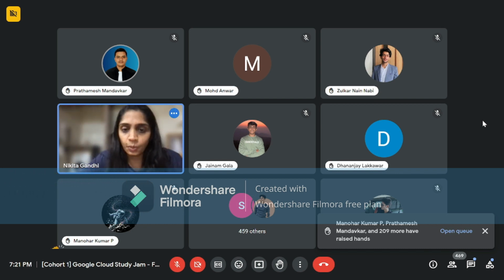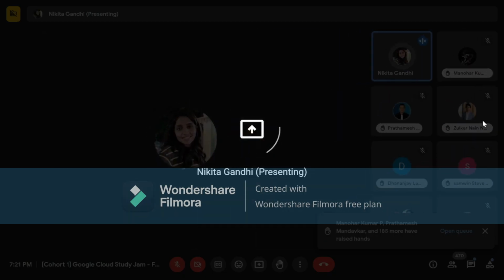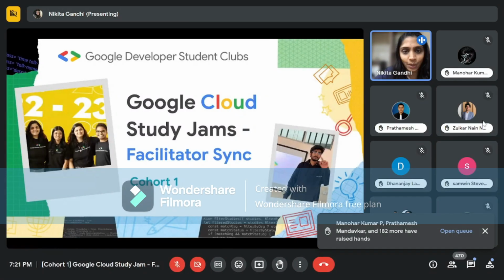So, welcome to Google Cloud Study Jam's facilitator sync for cohort one. And we just spoke about what this campaign is about. We also spoke about the roles and responsibilities of a facilitator. Trust me, this campaign is going to bring a lot of ups and downs. We are together in this. You may have a lot of challenges in between.